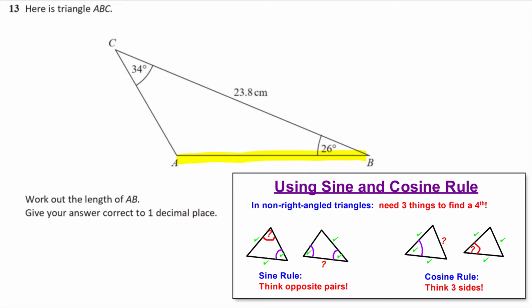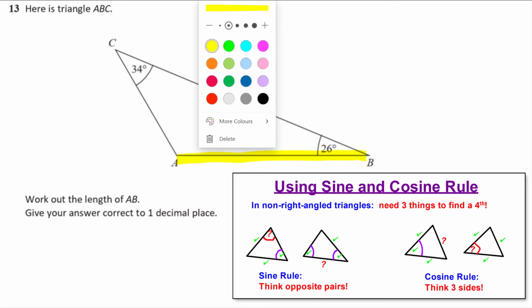So normally with these questions, the first thing you need to decide is which rule to use. Are we going to be using the sine rule or the cosine rule? So let's puzzle that out first. The sine rule involves opposite pairs. So usually I know a side and its opposite angle, and I've got another side or angle to find and I know its opposite. Now that would work here